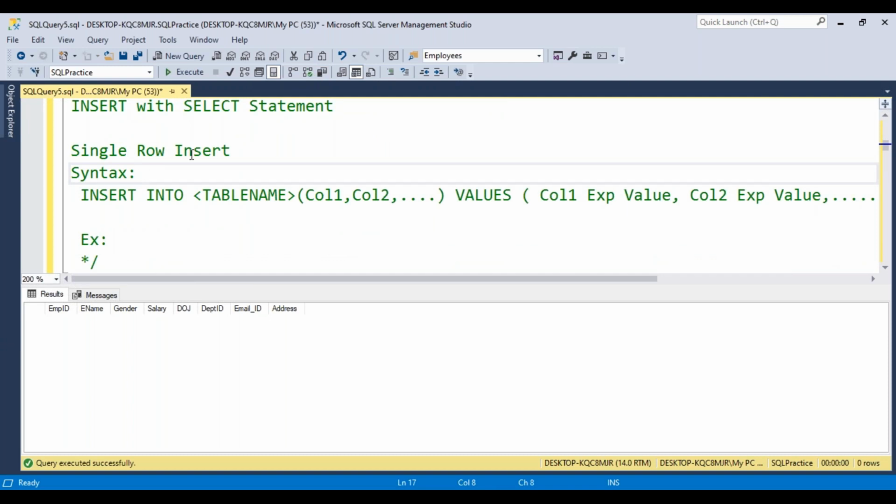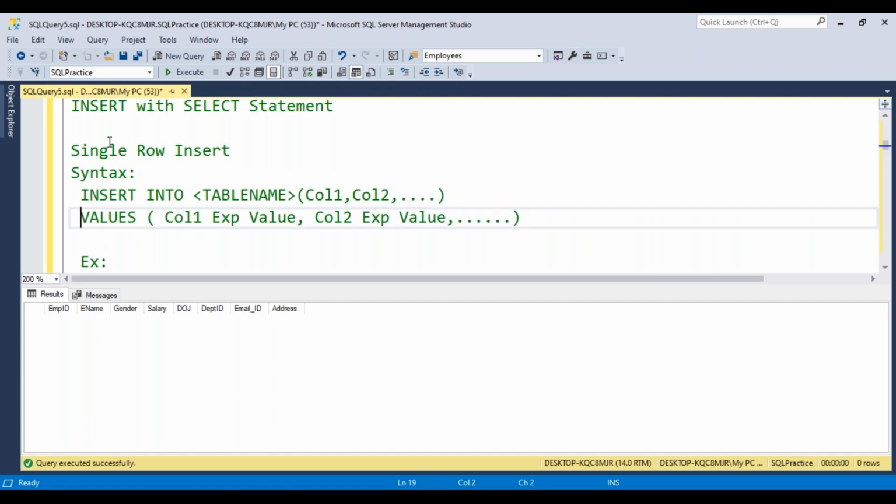In this insert statement, we can follow the syntax of the insert statement. You can observe: insert into, from which table you want to insert. I want to insert into my table with particular columns. These column names are optional, but whenever you are newly learning SQL Server, you can practice with the column names. So whatever columns you provide here, the related values we can provide after the values keyword.